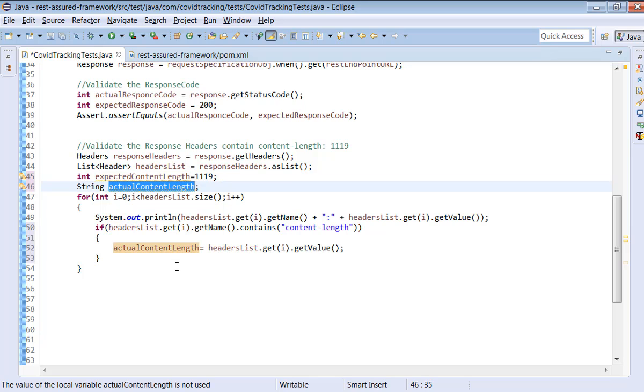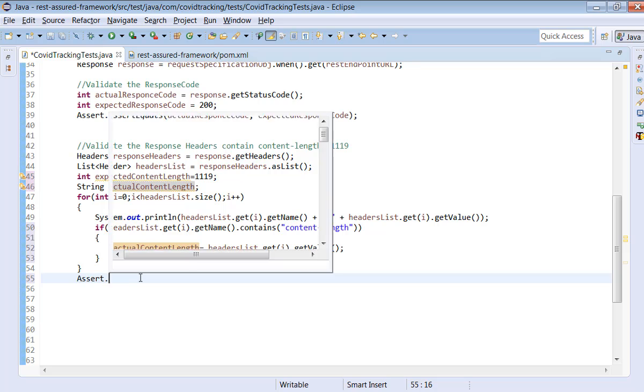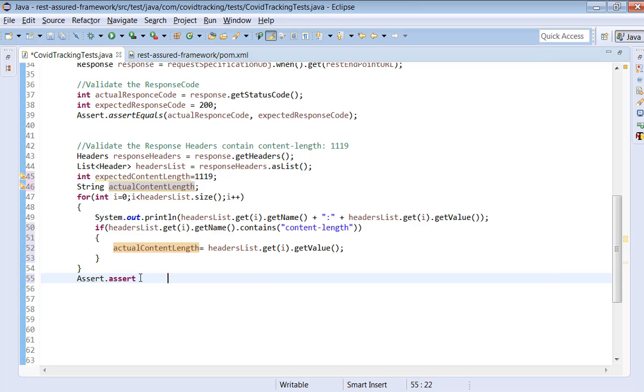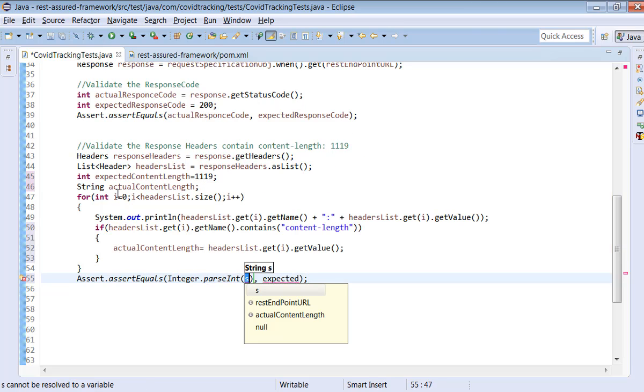And this is our actual content length. We are fetching this value from the response headers. We got the response headers and we are trying to get the value for a particular response header name, that is content length. Let's try to compare now. Assert equals, expected, actual. We try to convert this into integer, Integer dot parseInt. What is the use of Integer.parseInt?